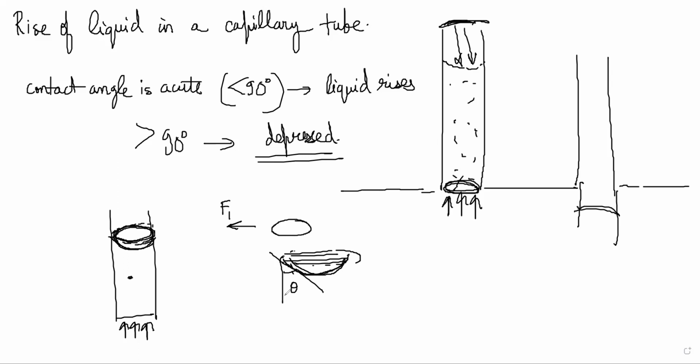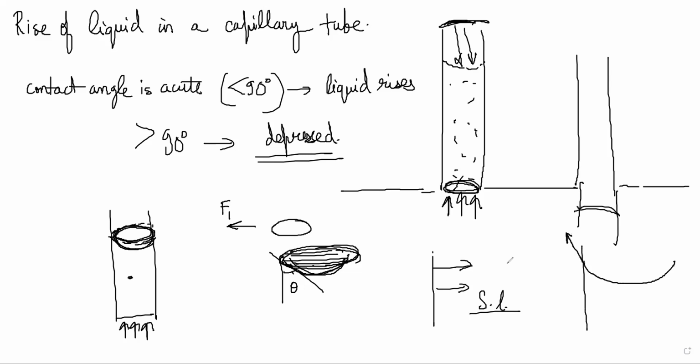So actually, he's considering a small part of that entire 2 pi r line here. Any liquid across a line exerts a force of S into L. Across any line, surface tension force will be there. So he's saying the liquid surface across this pulls the tube surface with a force S dl tangentially along the liquid surface. Tangentially along the liquid surface means if my surface is depressed like this, my S dl will be like this. So right now what he's talking about is the liquid pulling the solid like this, S dl.